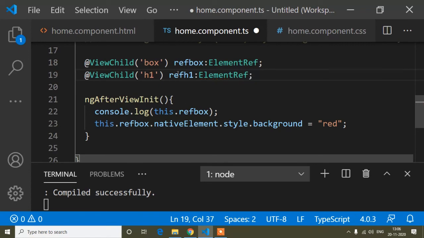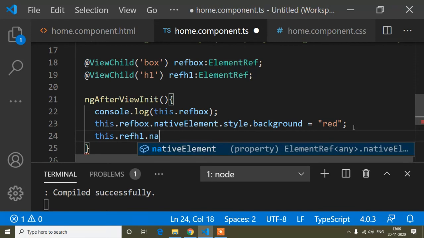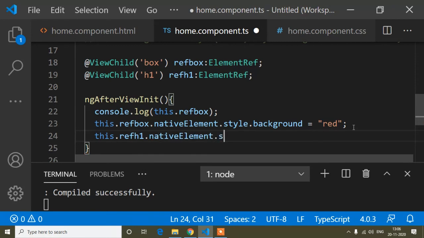And now I will use this reference. So here this dot ref dot native element dot style, suppose I want to change the color, okay, style dot color equals to, if I write white.